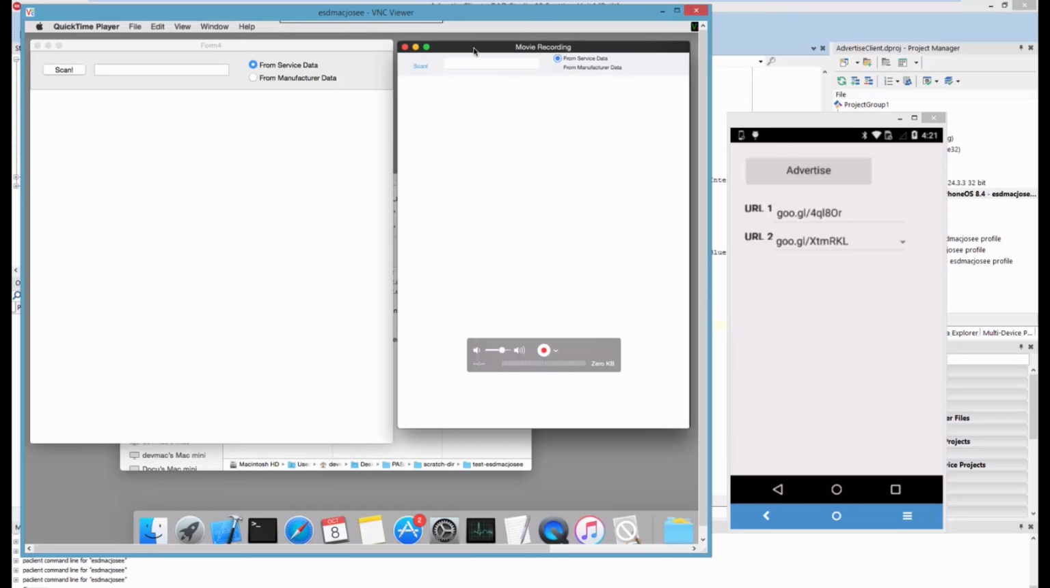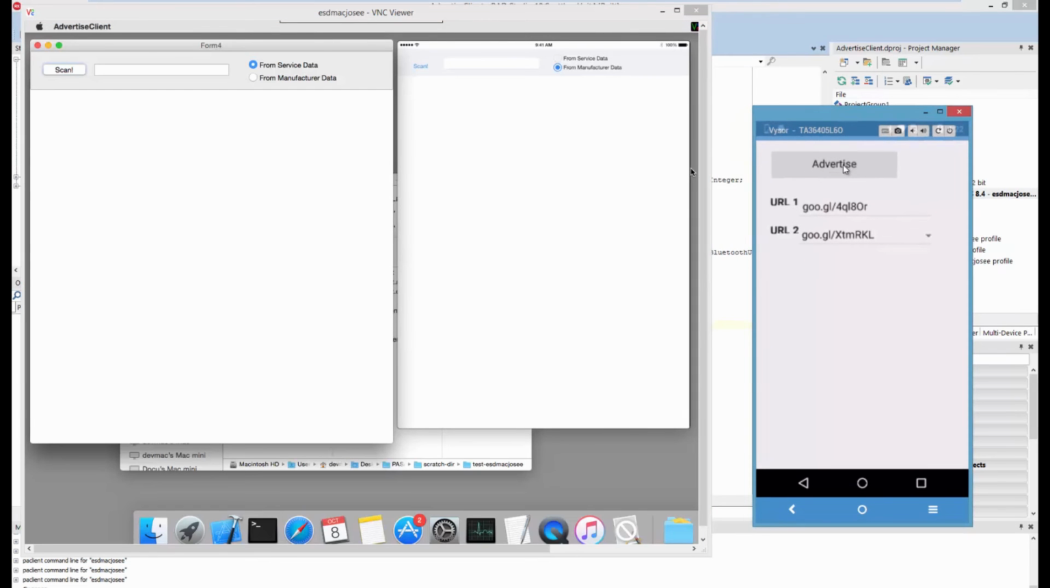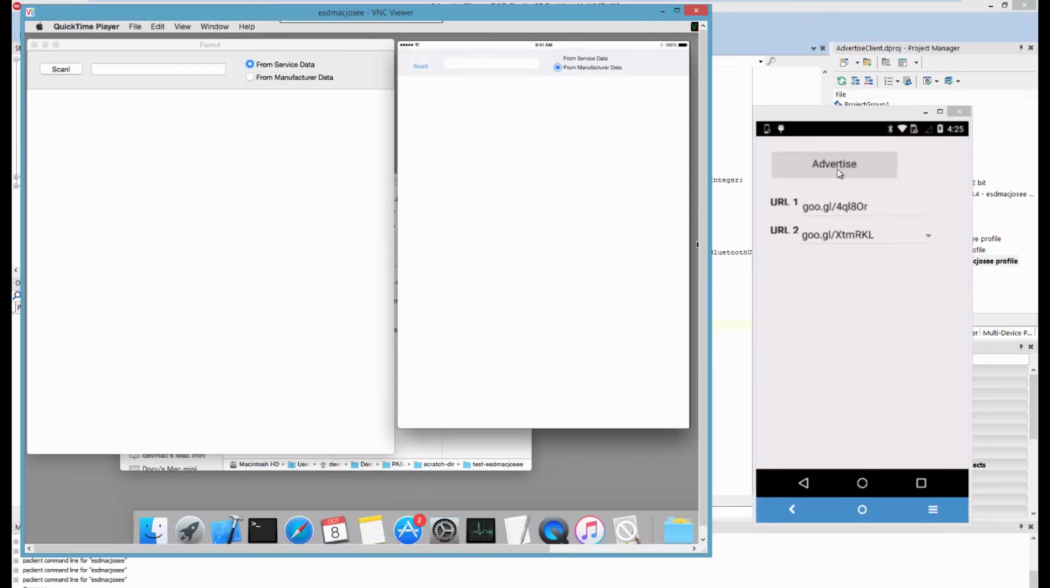I will change the radio button here because I want the iPad to load the second URL. Sorry, here we are going to load the first URL that is advertised via the manufacturer data, and here we are going to load the second URL that is advertised through the service data. Okay, I press scan here, and I press scan in the iPad, and now I press advertise in the GATT server, so it starts to advertise this information. Here we go. I press the advertise button,